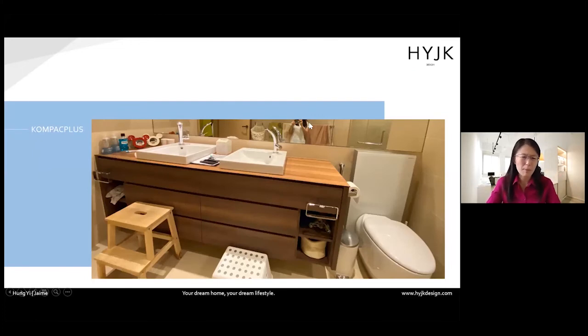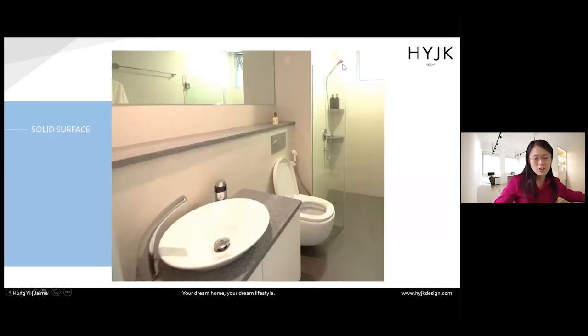Compact plus, we will talk a bit more about it, but as you can see, it's actually very, very thin over here. You can see it's just 6 mm thick. You can do an edge, but most people just leave it at 6 mm thick, and you'll have a black edge at the corner for compact plus. Solid surface is a bit plasticky kind of feel. Some people like it, some people don't really like it.